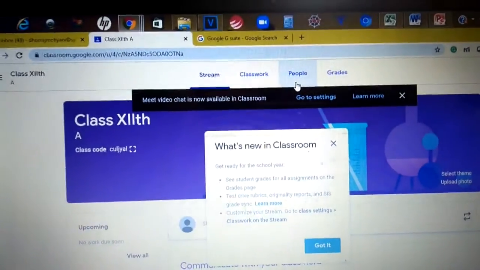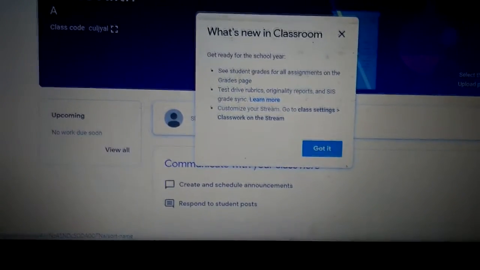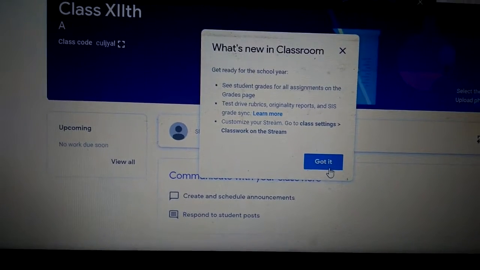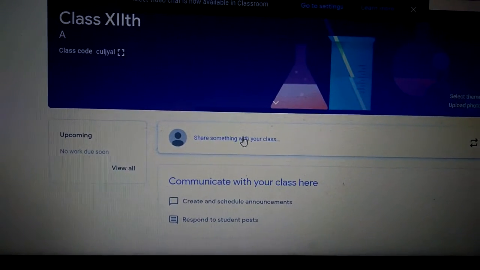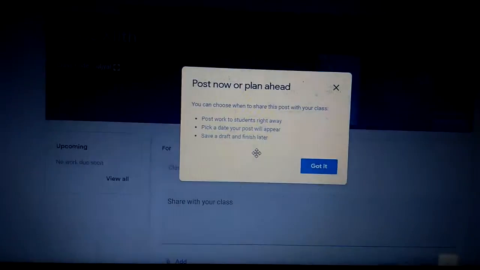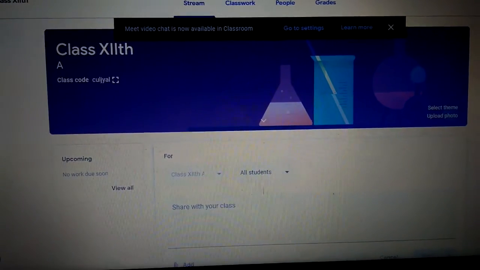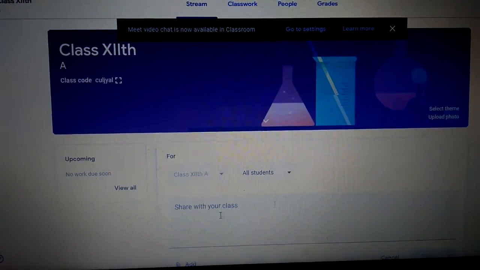In both regards, you can see it. Okay, you can share something with your class. If you want to share something, you can write it here. If you don't want it, leave it. This is your class, all your students share with your class.